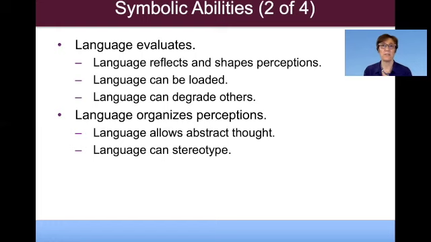Stereotyping can be a serious problem, particularly when we're wrong about our stereotypes and when our stereotypes about folks are negative. But as we saw in the perception chapter, stereotypes allow us to make predictions so that we don't have to constantly think through a whole situation every time we're faced with it. We don't have to start from scratch as if we'd never seen it before. It allows us to guide our decision-making and our actions. But a lot of times our stereotypes are wrong, and if they're negative, particularly about people, then they're problematic.